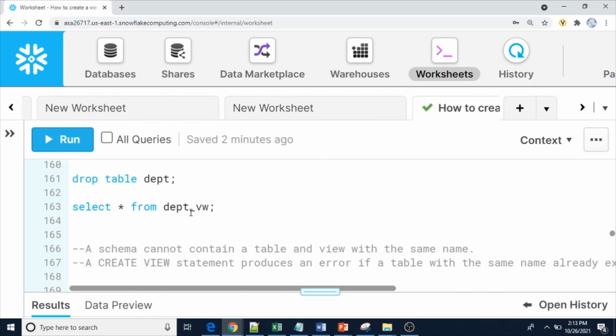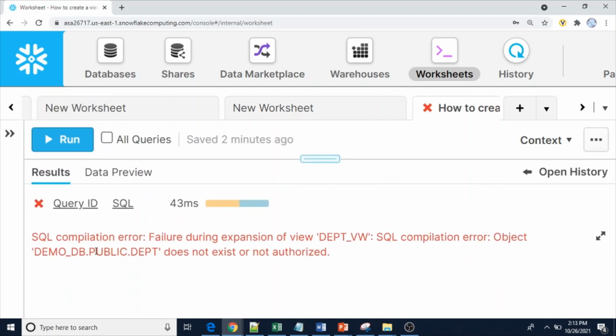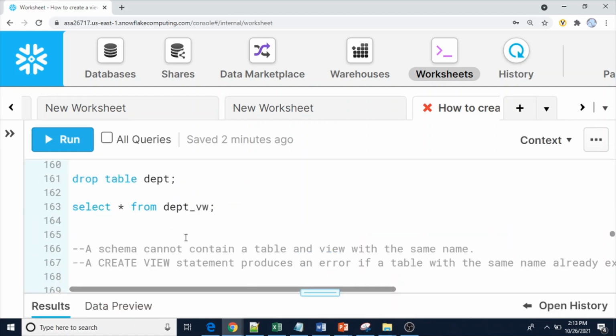Select star from the view. This time we get the SQL compilation error: failure during expansion of view department_view, SQL compilation error, object DEMO_DB.PUBLIC.DEPT does not exist or not authorized. Here it does not exist only because we deliberately removed the table.